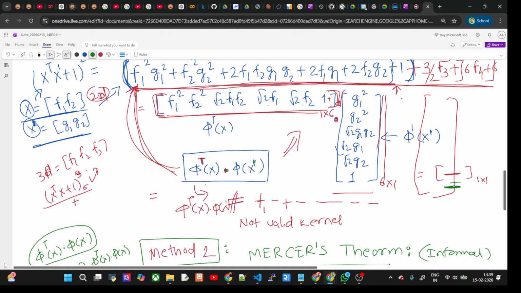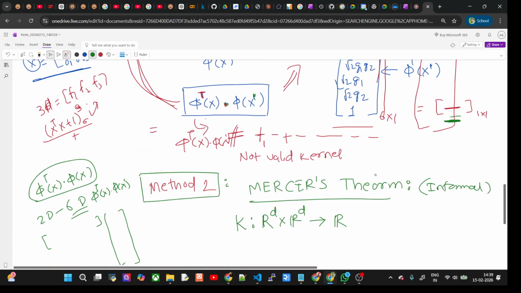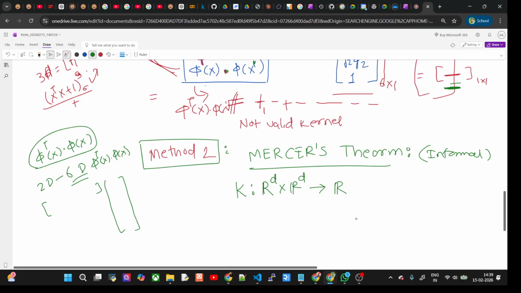So this is just one normal value, a real number. So we are checking, in Mercer's theorem, whether this kernel which maps d-dimensional vectors to a real number is valid or not, and it is valid if and only if